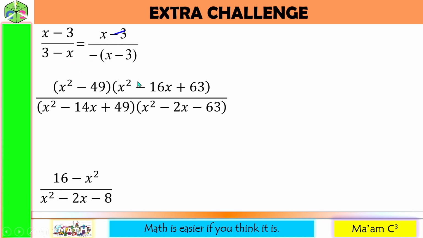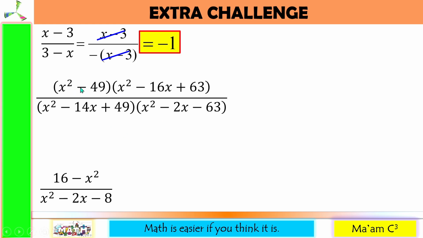Now we can cancel x minus 3. Nothing is left. But remember, when nothing is left, it means there is an invisible 1. So 1 in the numerator and 1 in the denominator. So we have 1 over negative 1, which is simply negative 1. Remember that, huh? Whenever you cancel everything, it doesn't mean the answer is 0. The answer is 1. Okay, this is quite long.